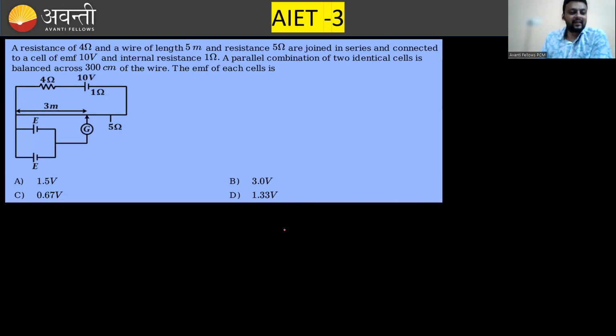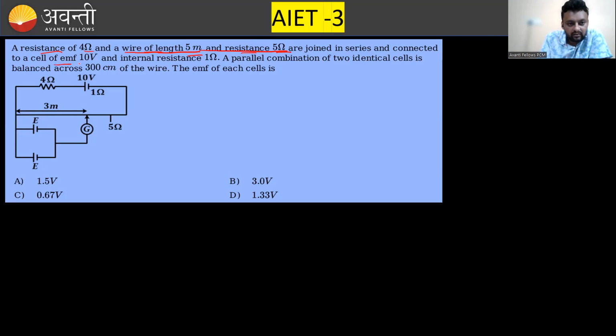Next question. Okay, this is an important question. Don't take it lightly. Read the question. You can pause. A resistance of 4 ohm and a wire of length 5 meter and resistance 5 ohm. Look at that. The wire of length 5 meter and resistance 5 ohm are joined, which means this 5 ohm is not extra resistance. This 5 ohm resistance is of the wire, and they are joined in series and connected to a cell of EMF 10 volt